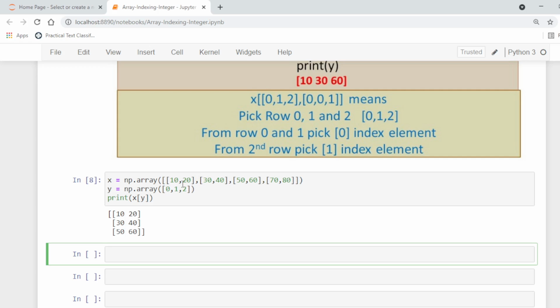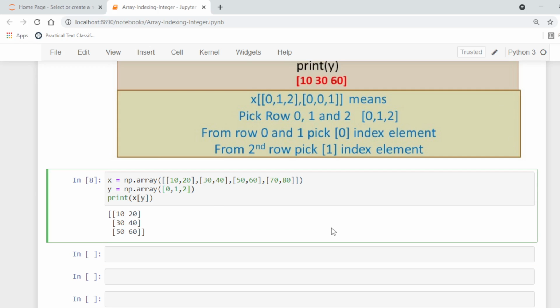This is the first row, row 0, this is the second row and this is the third row.